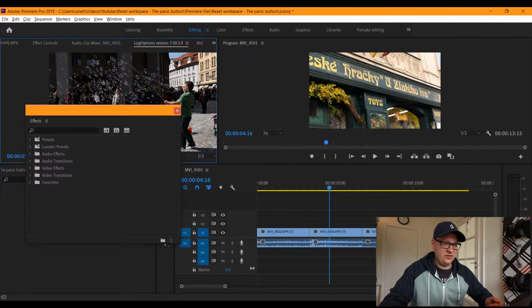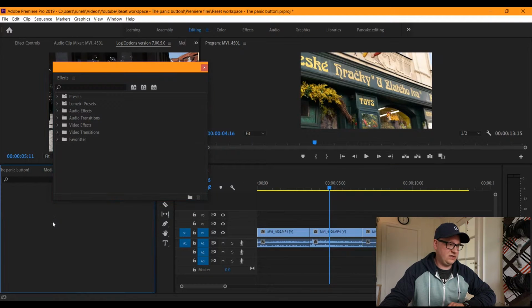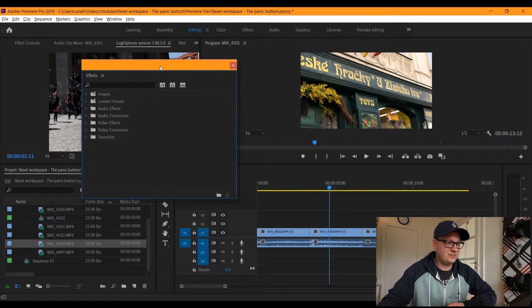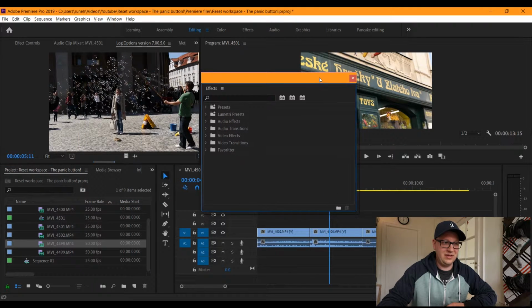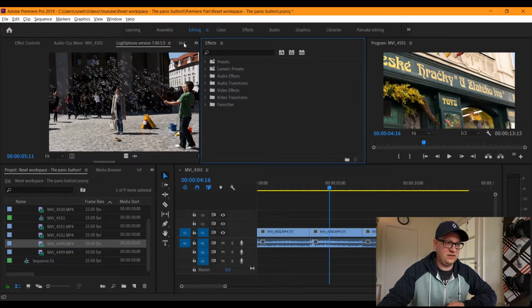I can change all sorts of weird things, do a bigger program monitor, stuff like that. But at this point, it already begins to be a bit panicky. Like, if I'm a beginner at using this software, I can easily mix up these things, drag this inside here, and now my program monitor is all small and stuff like that.